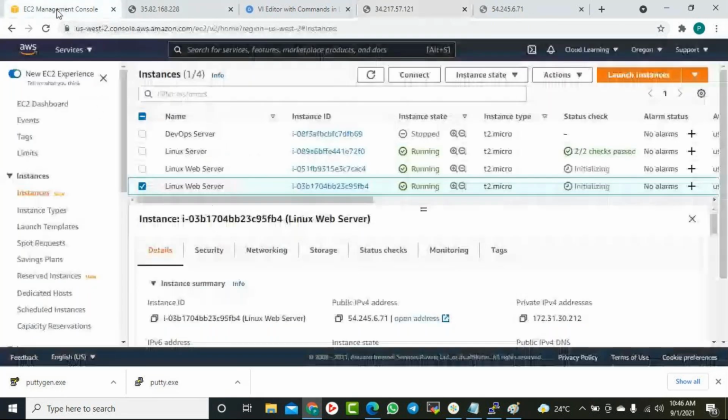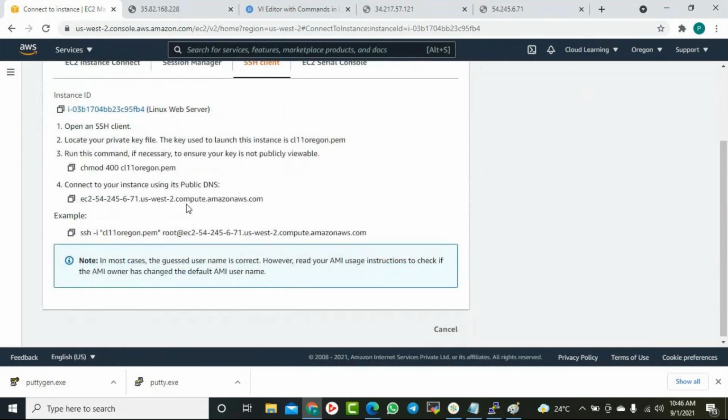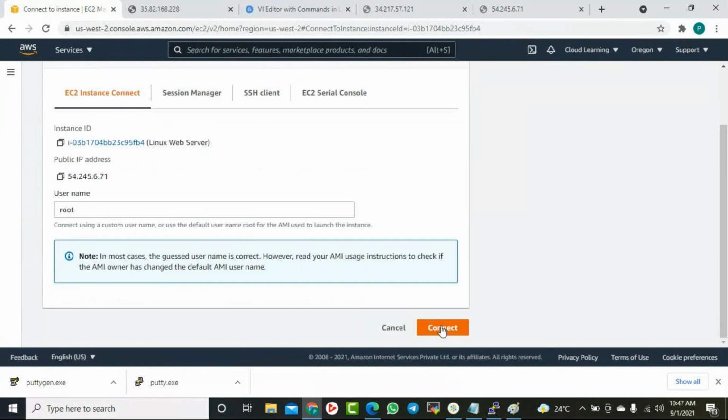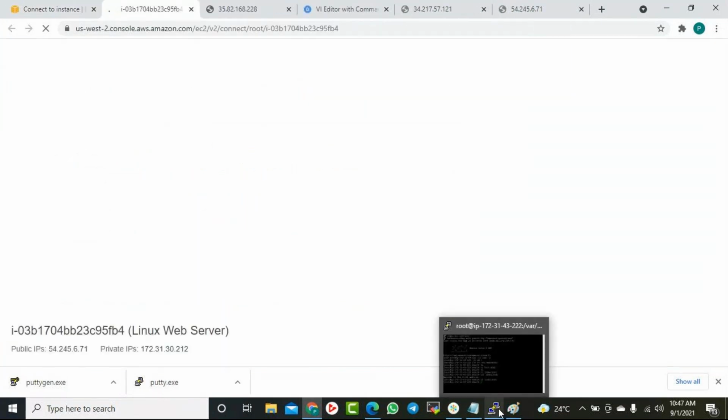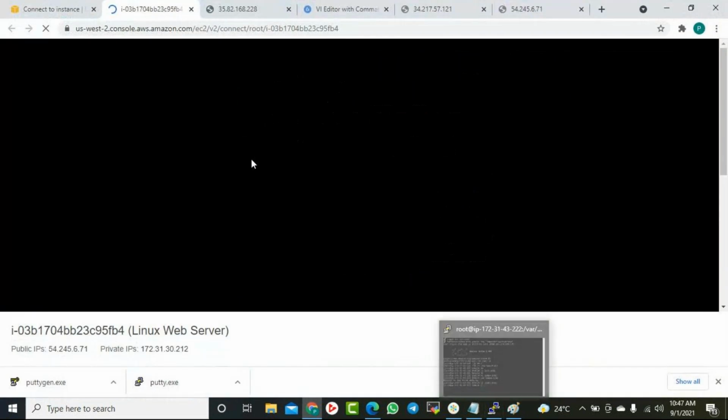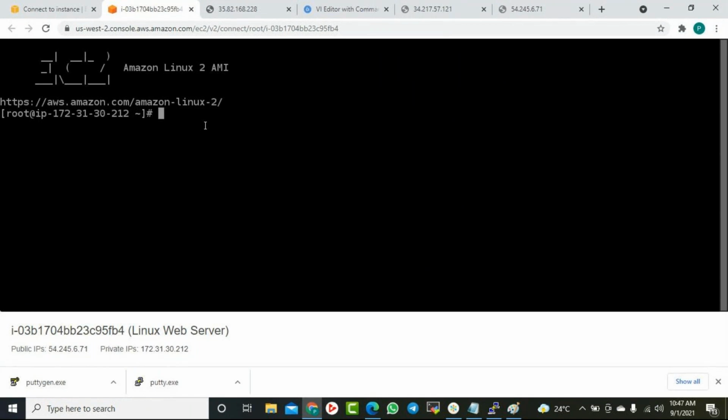If I connect this server, what was the command to see the status of the HTTPD service?